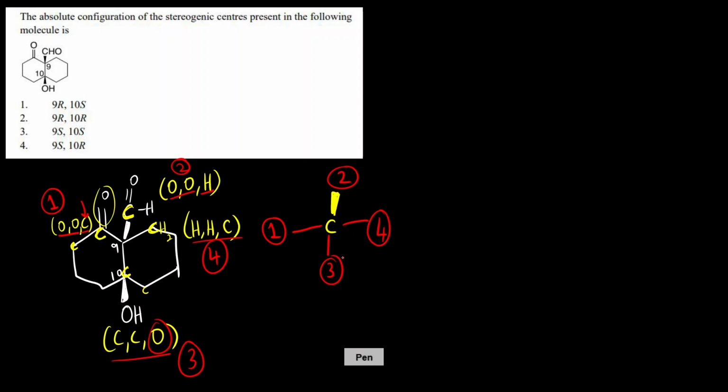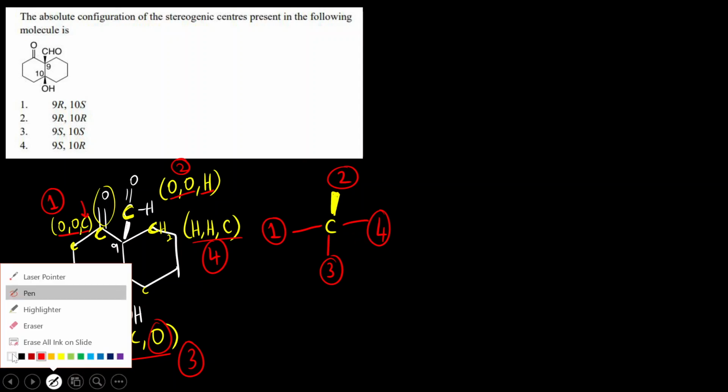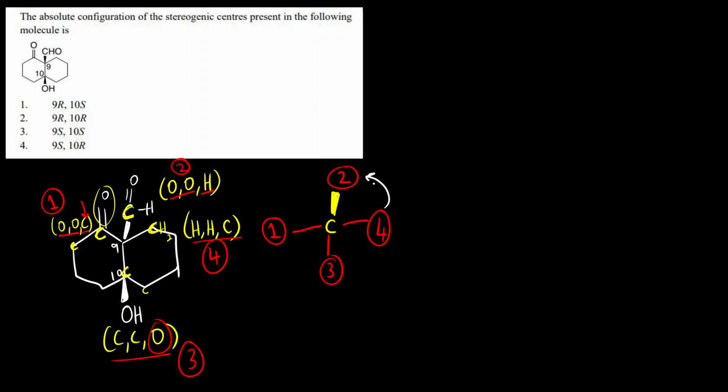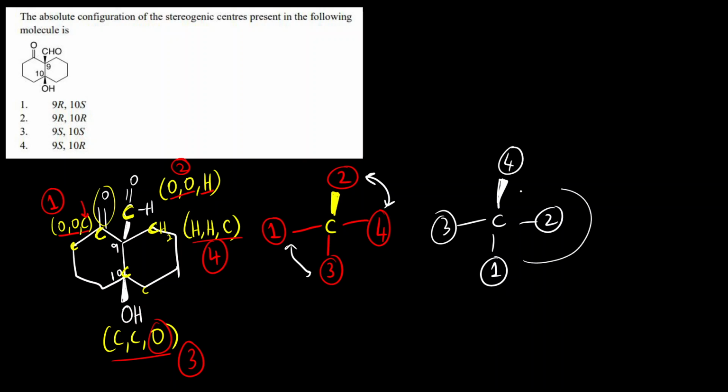So what we will do? We will do even changes. Okay, we will exchange 4 and 2, we will exchange 1 and 3. Okay, 4, 2, here we will have 3 and 1. Now 1, 2, 3, you can see it is counterclockwise, anti-clockwise, so it should be S, but